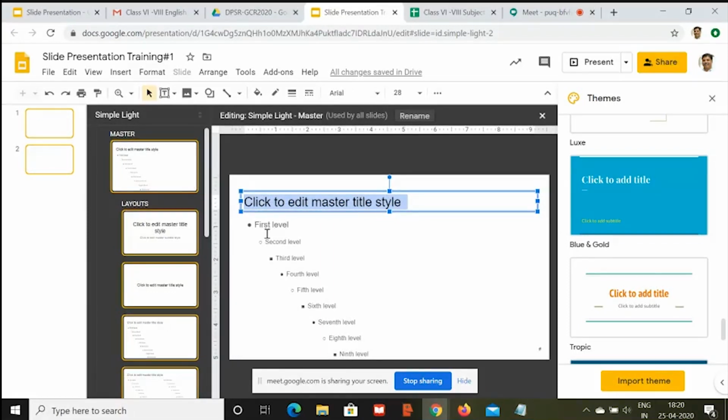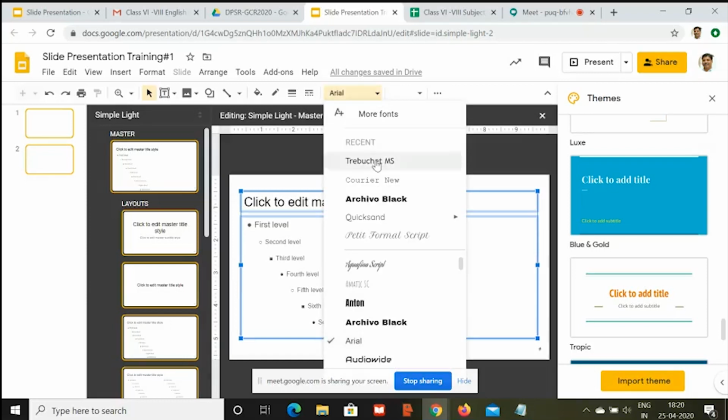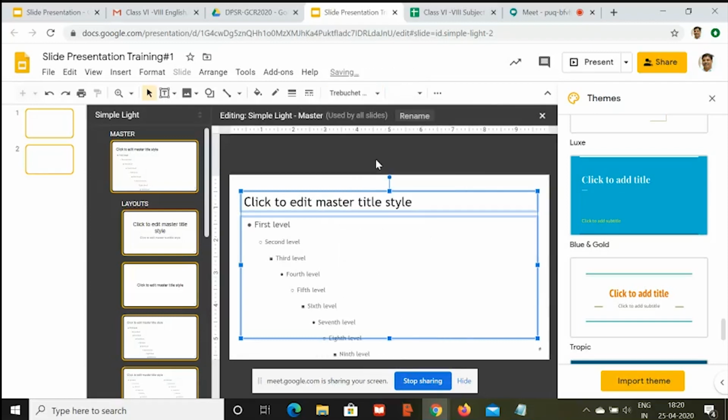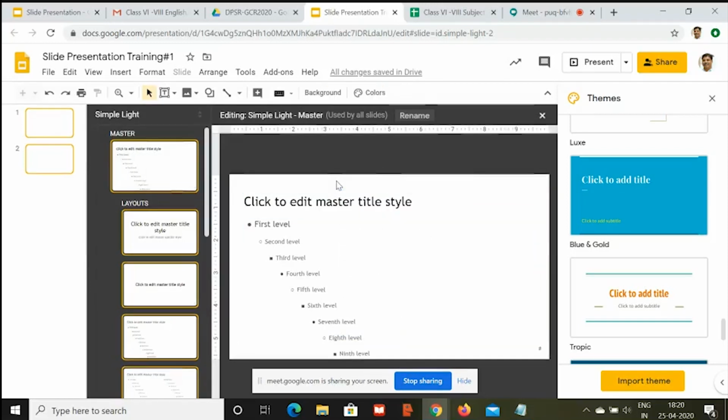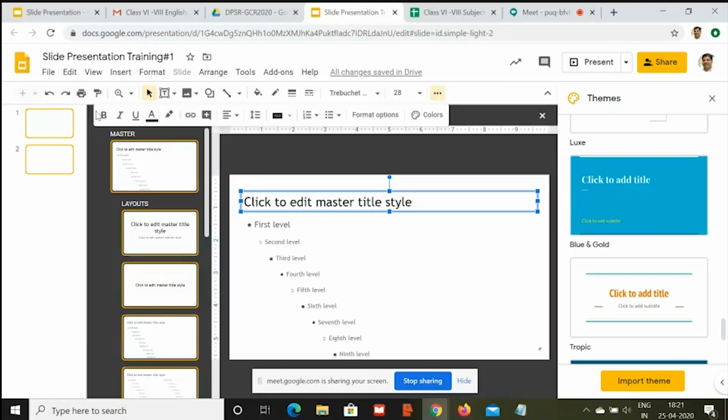We'll click on the lower part of the slide where the content is there. Once both of them are selected together, we'll click on the font. Let's say we are selecting Trebuchet font over here. Once this is done, now if you want only the heading to be in bold letters, you can select this separately and then make it bold.